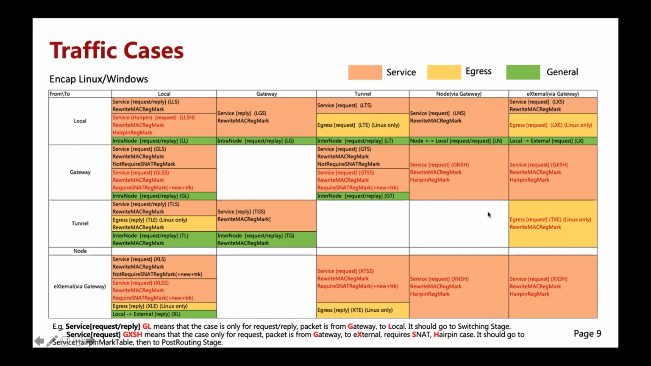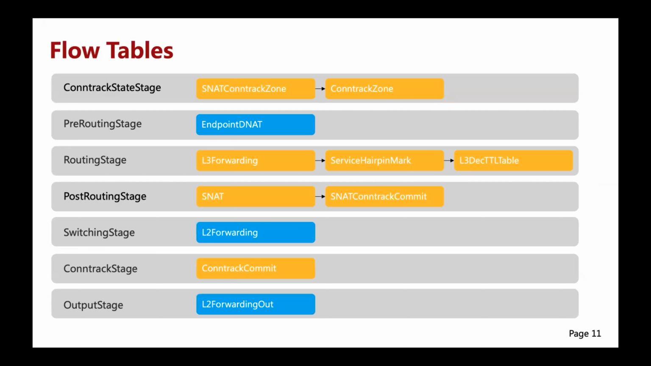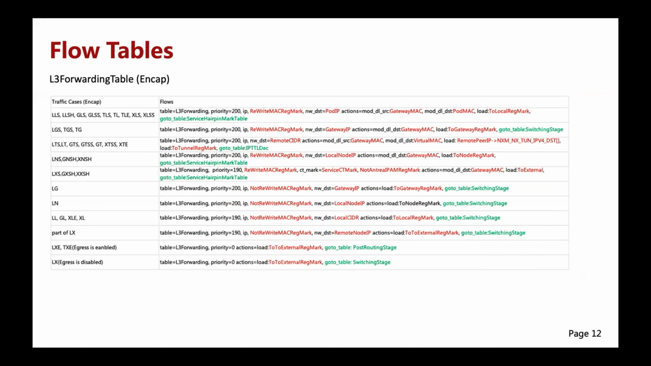Okay, I can't introduce every traffic case as time is limited. Okay, this is no cap. In order to adapt to flexible pipeline, the flow tables marked in yellow are redesigned to some degree. For layer 3 forwarding,